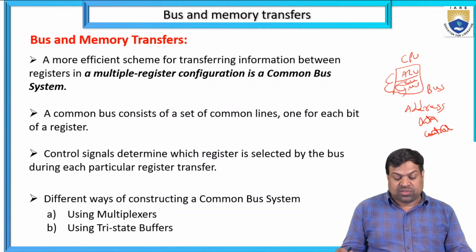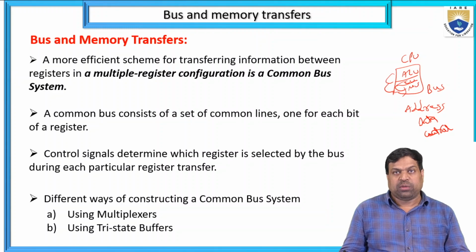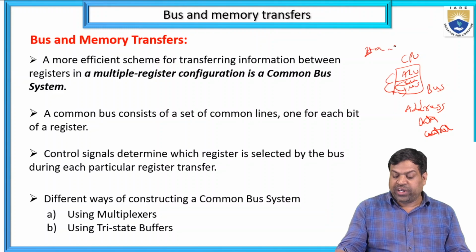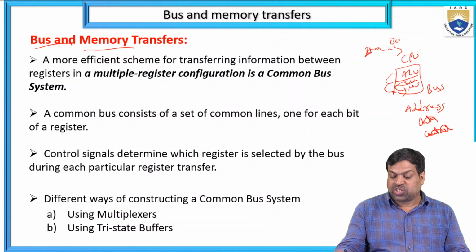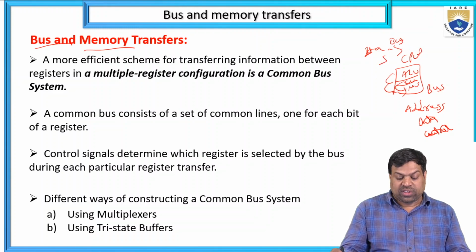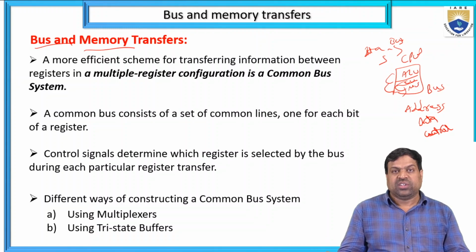Suppose I have to transfer data from one memory to another memory. What we need is a memory and a bus to transfer the data. Data transferring means we need a memory and we need a bus. The bus transfers the data from a source to a destination. In a particular memory, the data is there, so in that memory we have to capture the data at that address,